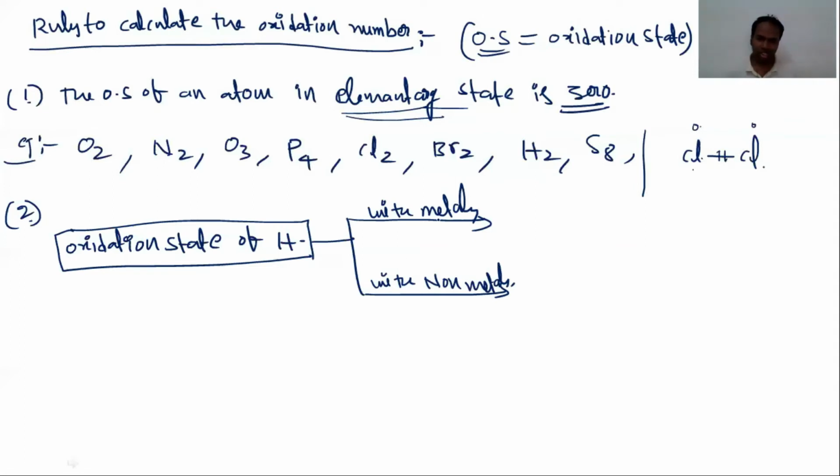Generally, metals have an electropositive character and non-metals have an electronegative character. When hydrogen is bonded with non-metals, hydrogen has to lose electrons. That's why it shows the +1 oxidation state. When the same hydrogen is bonded with metals, hydrogen can take electrons from the metals. As a result, it forms the -1 oxidation state.